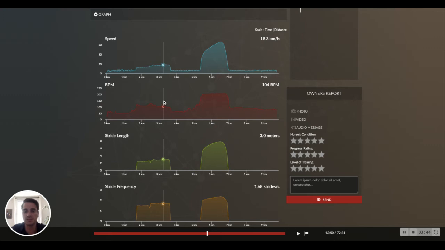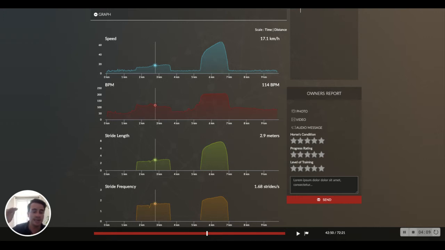So it's very interesting because we can see that the horse is getting quiet from the heart rate perspective during the warm-up phase. And this part is also very important, because once you will have a few training records with your horse, you will know exactly what is the average heart rate level of this one during the warm-up phase. We know this one is between 110 and about 110 beats per minute.